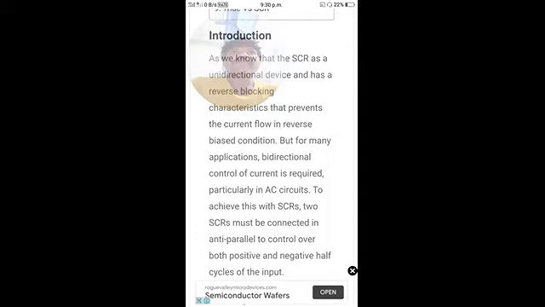So the advantage of triac compared with the diac: in the diac the breakover will happen at a fixed voltage, means it can turn on at a particular voltage. Below or above that particular voltage it is not possible, whereas in triac we have a gate control,